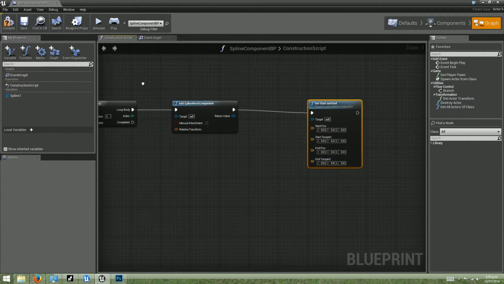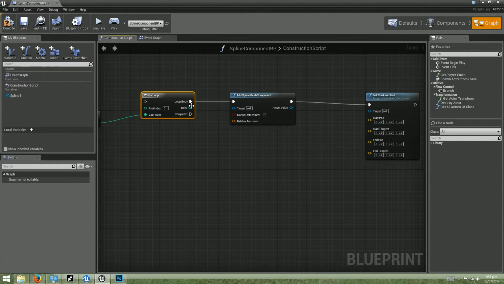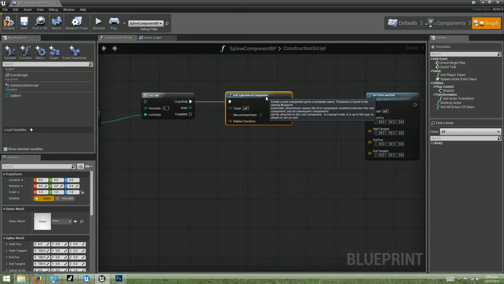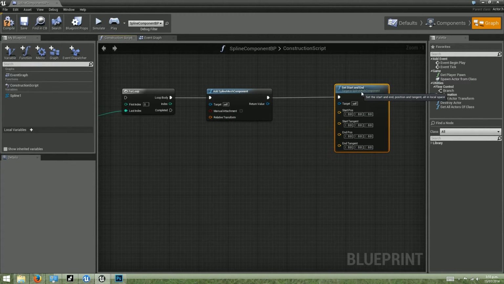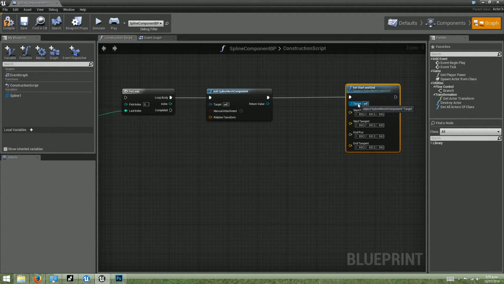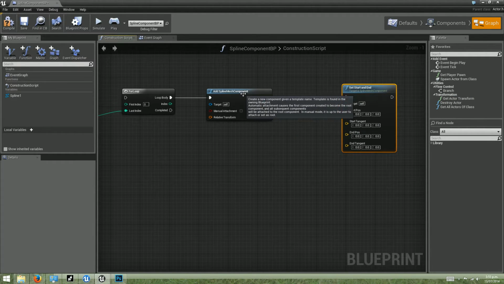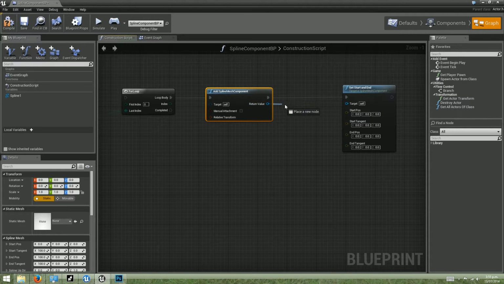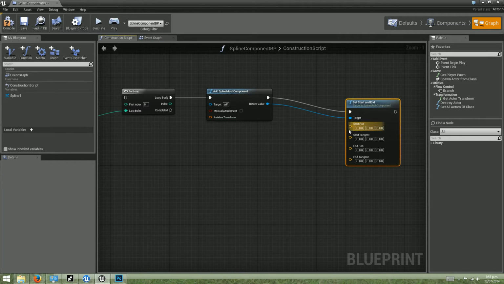So as the loop is executing each time, it's creating a component, and then it's going to be setting the start and end point of, and you see the target is Spline Mesh component, so we have to give this a target, and the target will be the one that's created each time by this node. So we're just going to connect those directly. So now we need to find a way to get the start position and end position of each Spline Mesh component. So what we will do is we shall right click,